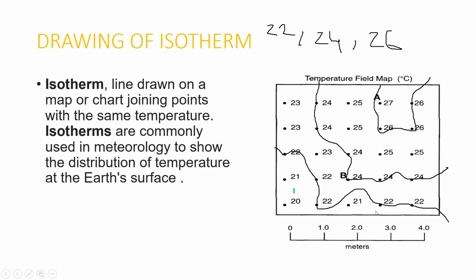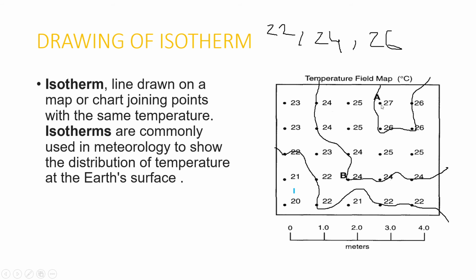Again in the next part I have joined the points of 22. Similarly, if we take 24 degrees Celsius, I have joined all the 24 points and then just given a zone. Okay, so this zone belongs to 22 and below, and below it this zone becomes 24,